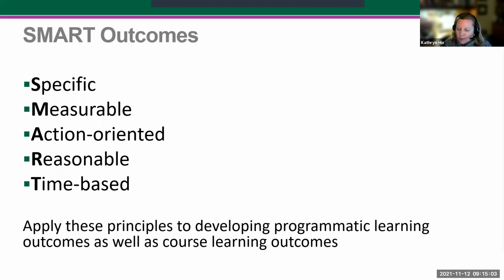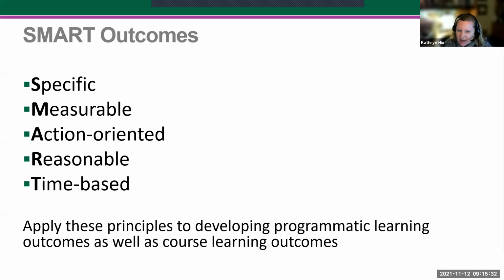Certainly we want them to be reasonable. Like I said, we want to set our expectations high for our students because we know that they're capable of doing that, but we're also time bound in the course of one semester, right? So we have 14 weeks or 7 weeks or 8 weeks, depending on your program and the way your courses are delivered, to get this information across to the students. And so making sure that what we have within the course can be delivered in that time frame is reasonable,